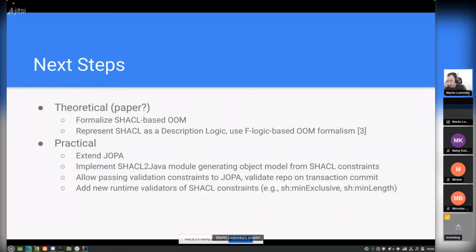Add probably new runtime validators for some of the SHACL constraints that are currently not supported. That's the min exclusive and min length and so on. But also